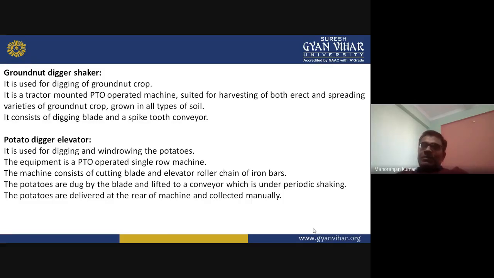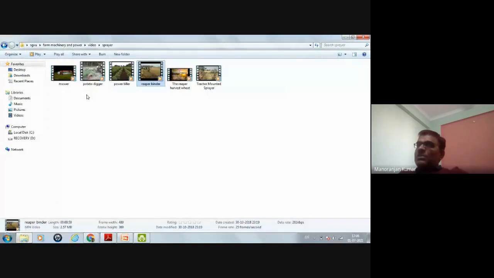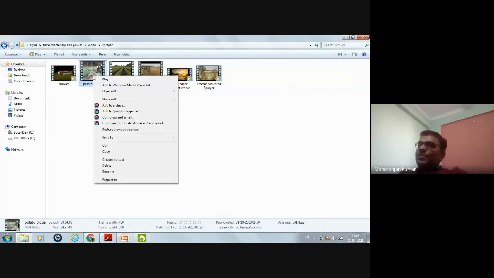First, it is dug by the blade, and after that, it is lifted to a conveyor which is under periodic shaking. After that, the potatoes are delivered at the rear of the machine and collected manually. Now see this potato digger video.